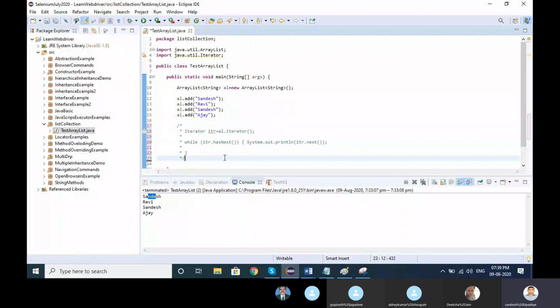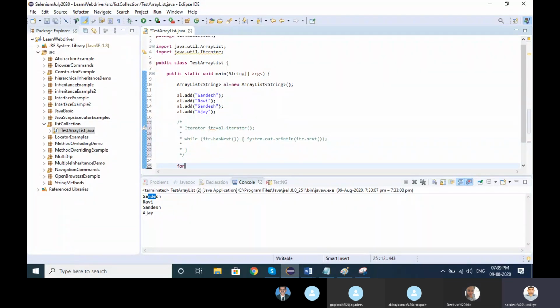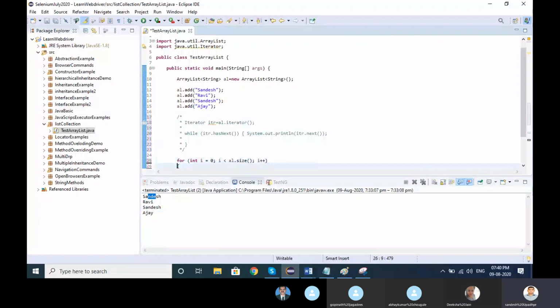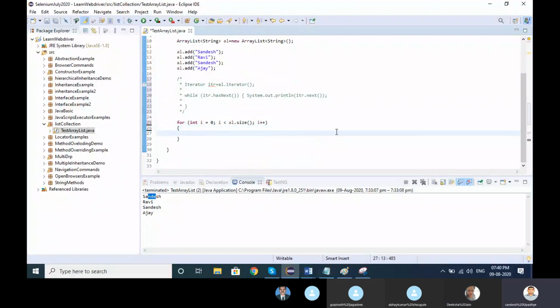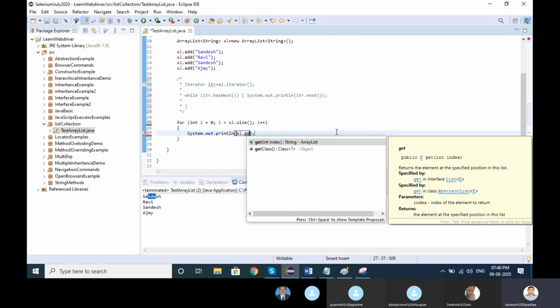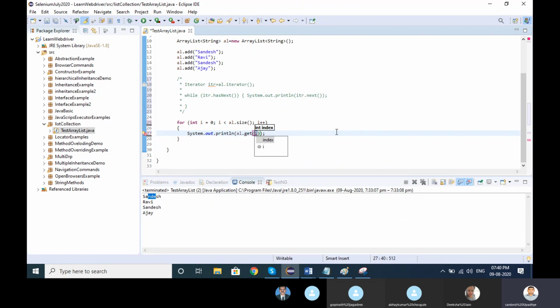If we block this and add a for loop in the iterator's place: for integer i equal to 0, i less than al dot size, i plus plus. Similarly, here dot get, the index we store as i, right?